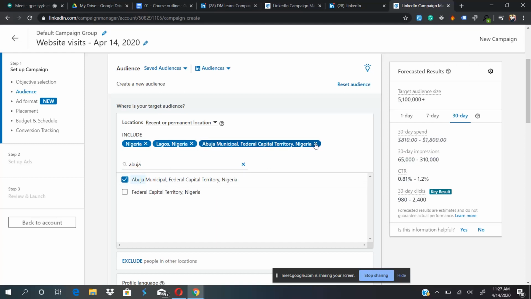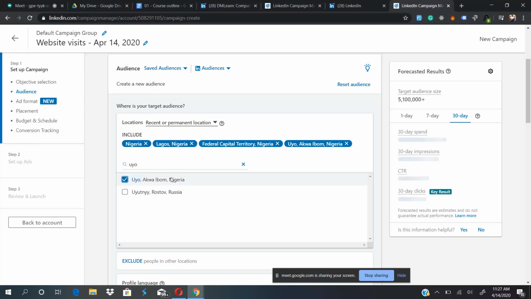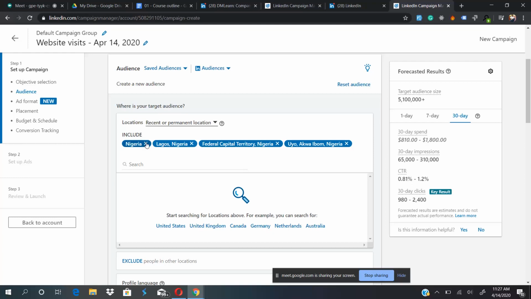No, actually, this is the municipal. So let me target the FCT, and then maybe I should even target OU, I guess. All right, and then I will exclude this. So remove. So this means that my ads will reach, within 30 days. This is a 30 days impression,